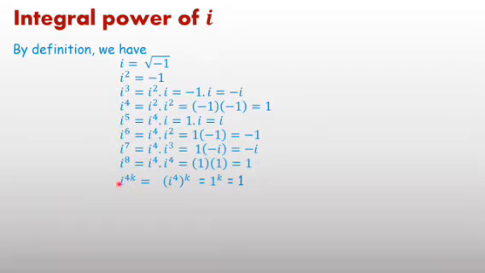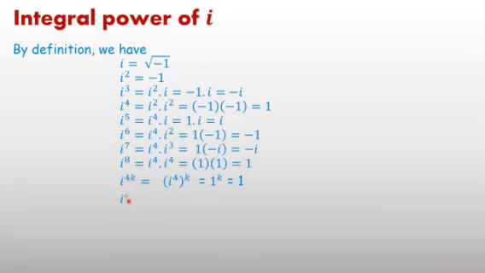We can write i^(4k) as (i^4)^k. i^(4k) means i^4 whole power k, and the value of i^4 is 1. So 1^k equals 1, because if any power is given on 1, its value is always 1. It implies that if the power of i is in the form of 4k, a multiple of 4, then